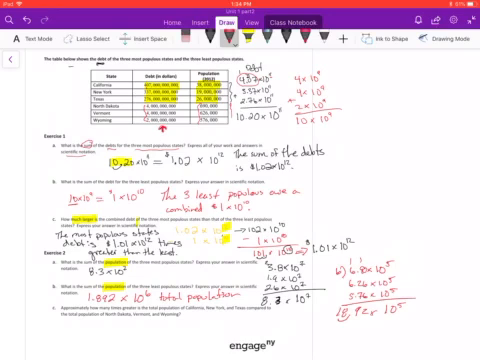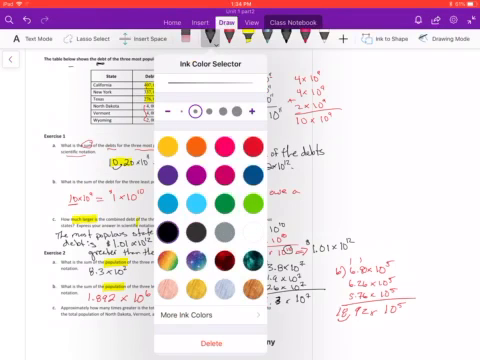Now this C is a little bit different than what we've done in the other two. What C is asking